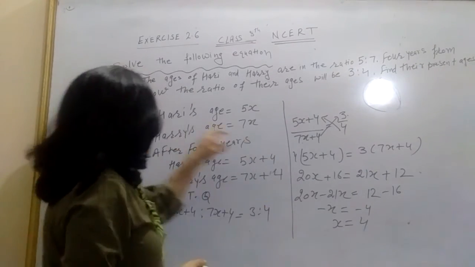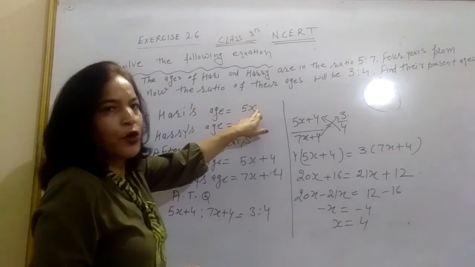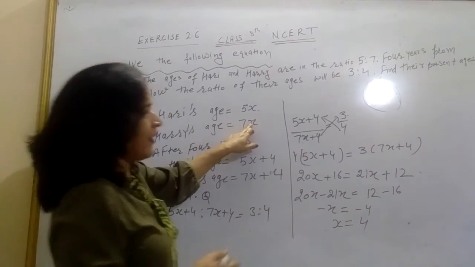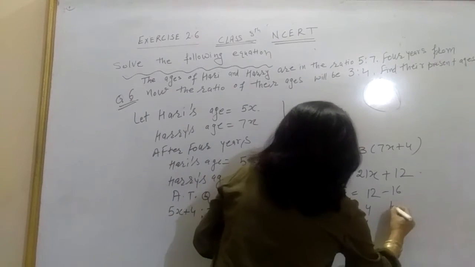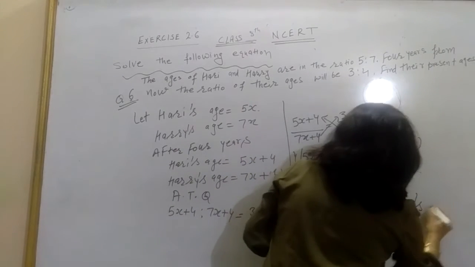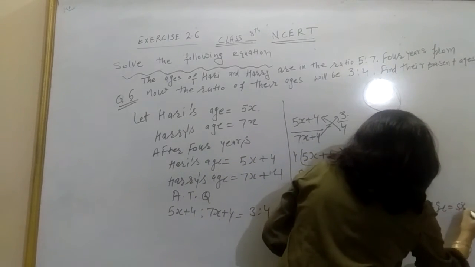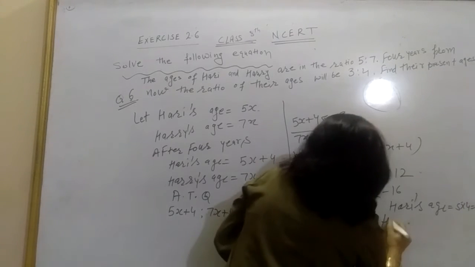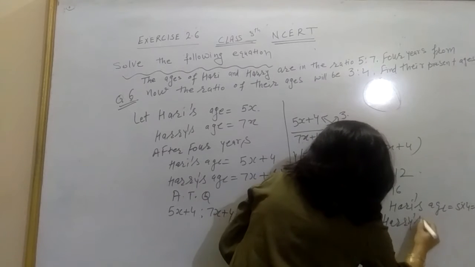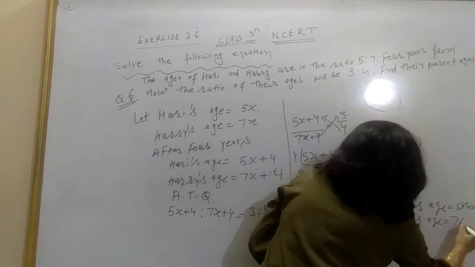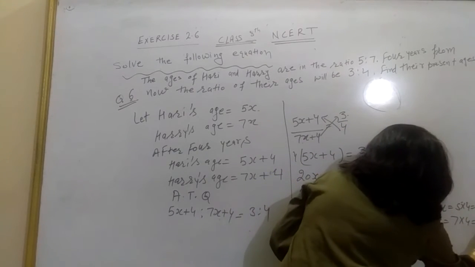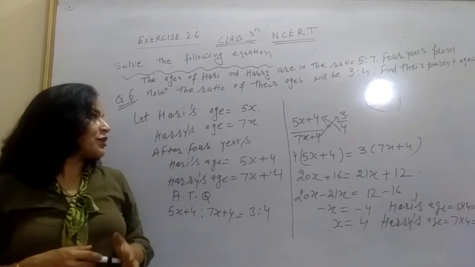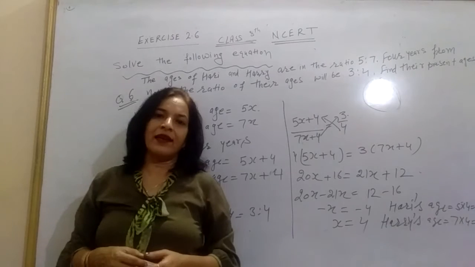X is equal to 4 means Hari's age 5 into 4, 20 years, and Harry's age 7 into 4, 28 years. So Hari's age 5 into 4, 20 years, and Harry's age 7 into 4, 28 years. Clear? Now next question. Question number 7 is,